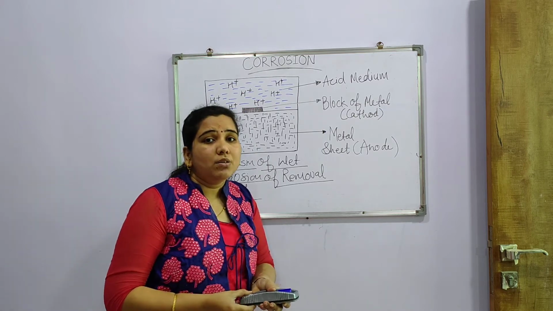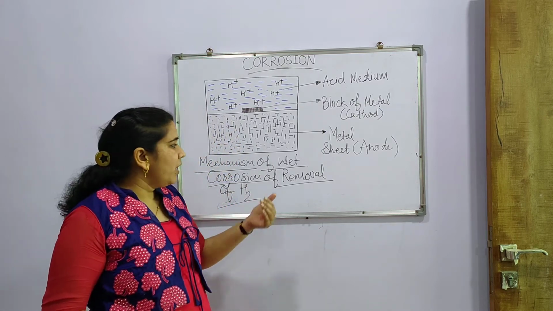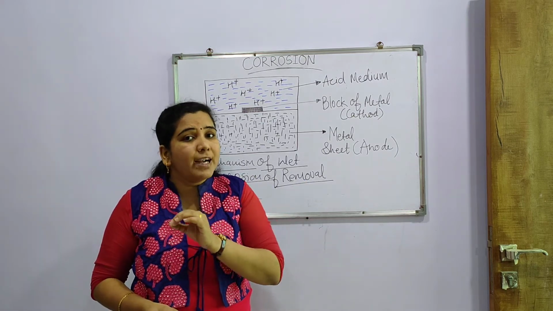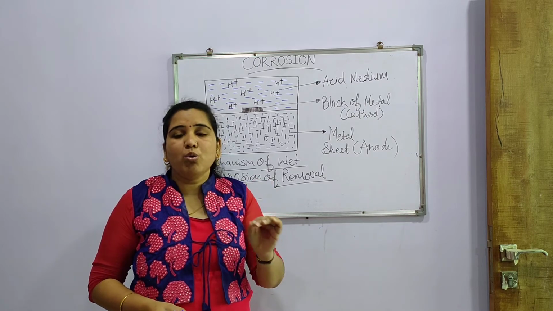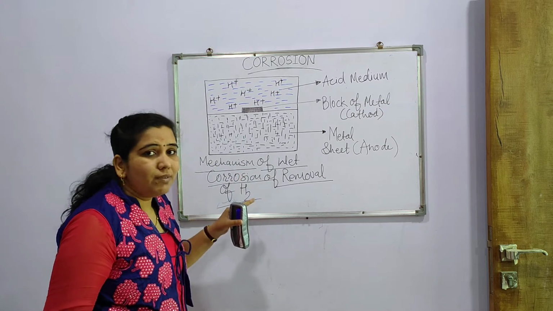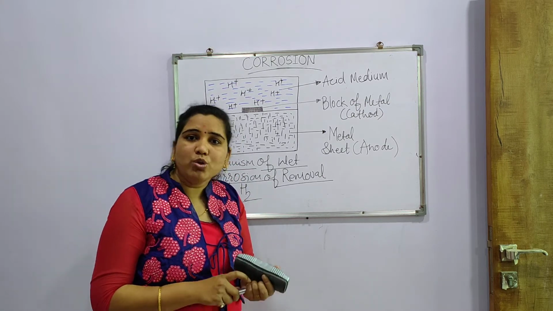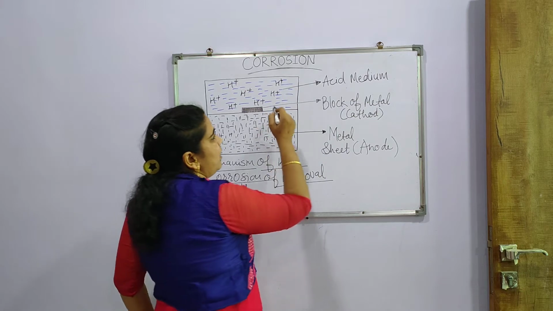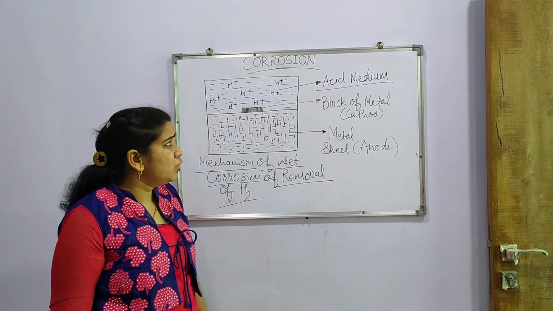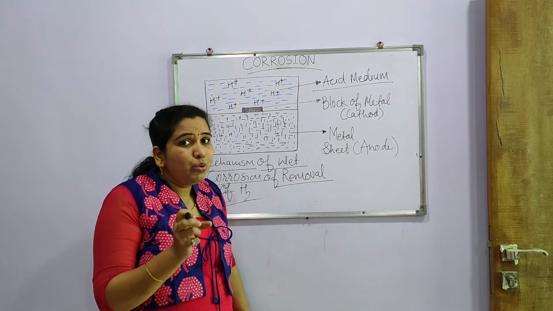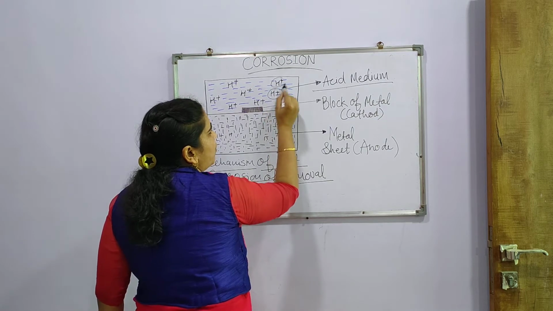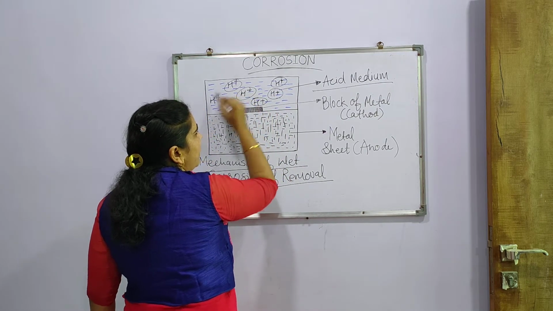One way is by removal of hydrogen. So wet corrosion is carried out by removal of hydrogen. Whenever wet corrosion is carried out by removal of hydrogen, it occurs in acidic media. This is an important term. If it is in acidic media, it must have a higher H positive ion concentration, because it is in acid media.